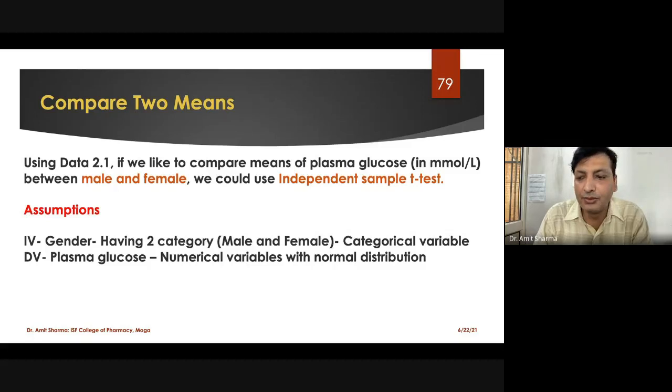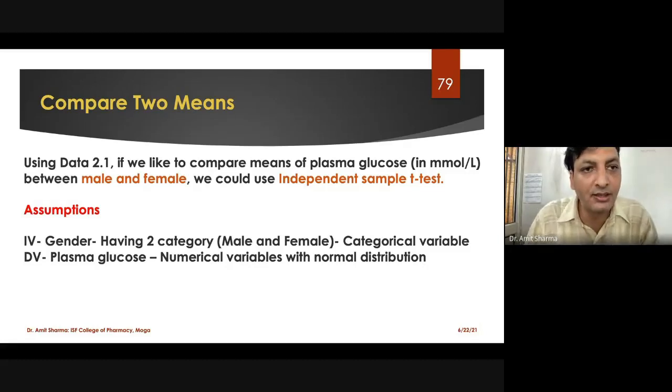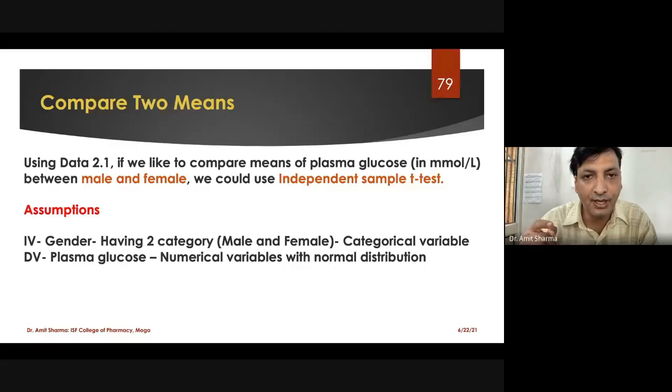Today we are going to do a test called the independent t-test. It is called compare two means. That means we are going to compare the mean of two different groups which are given in the form of categorical. One chart I showed you yesterday had one mistake on the top in the second row: the independent variable and the dependent variable should come in vice versa columns. That same test we are going to do today.